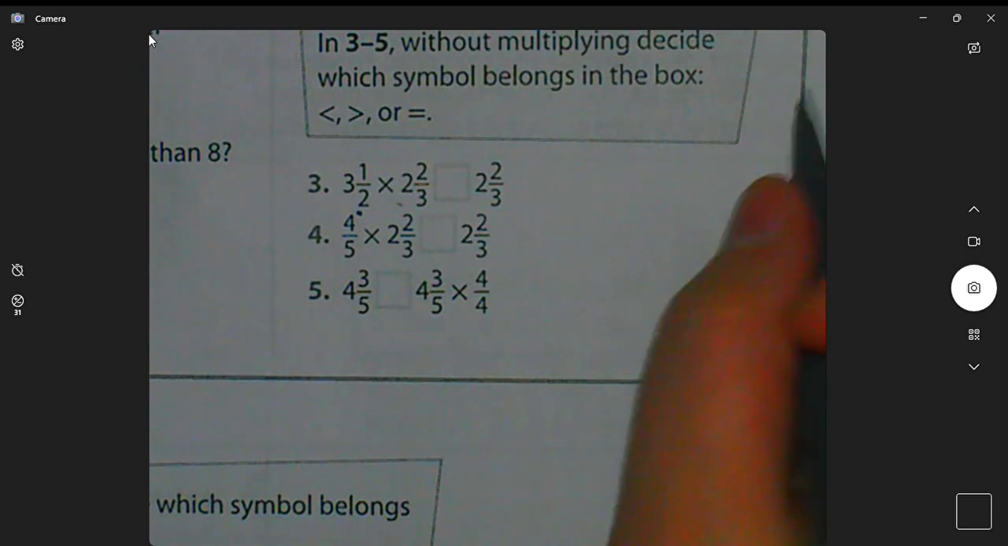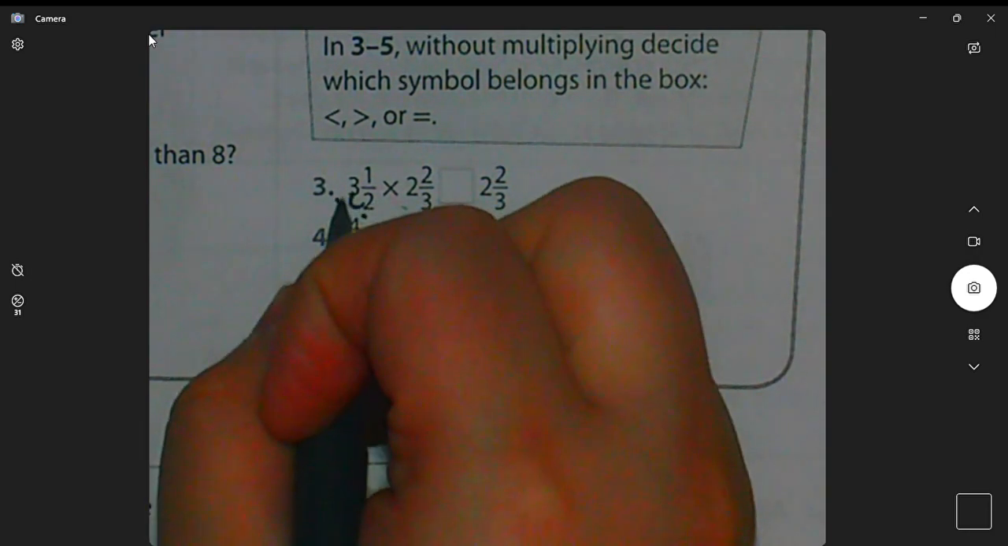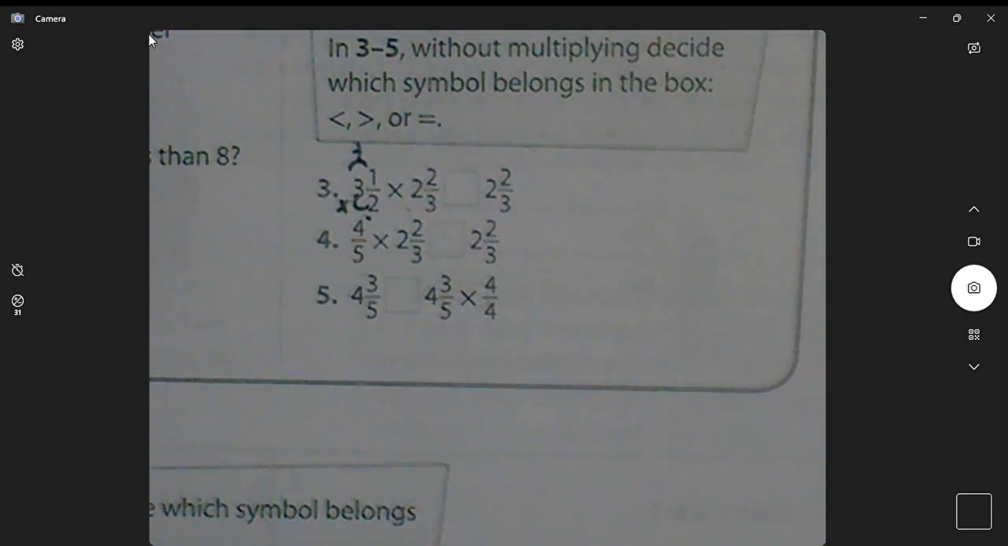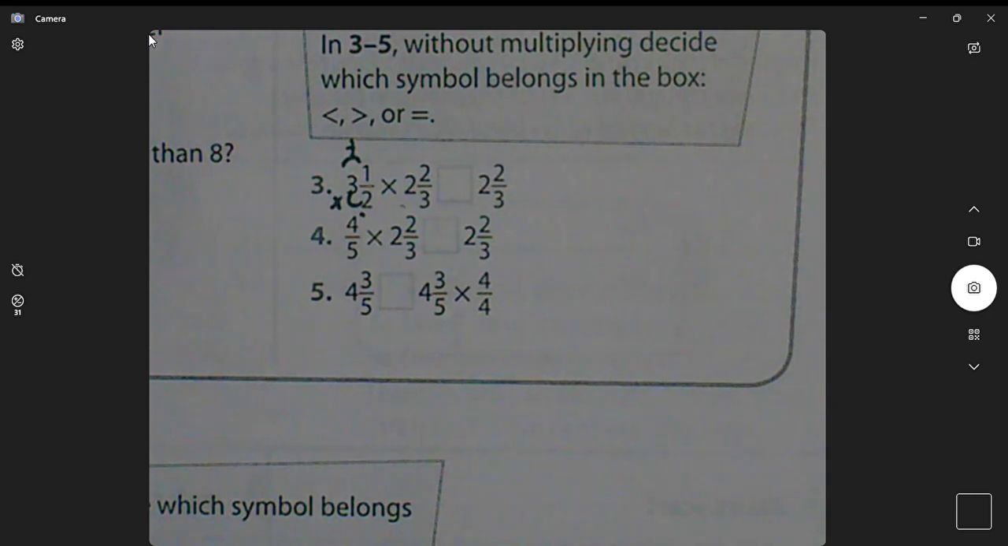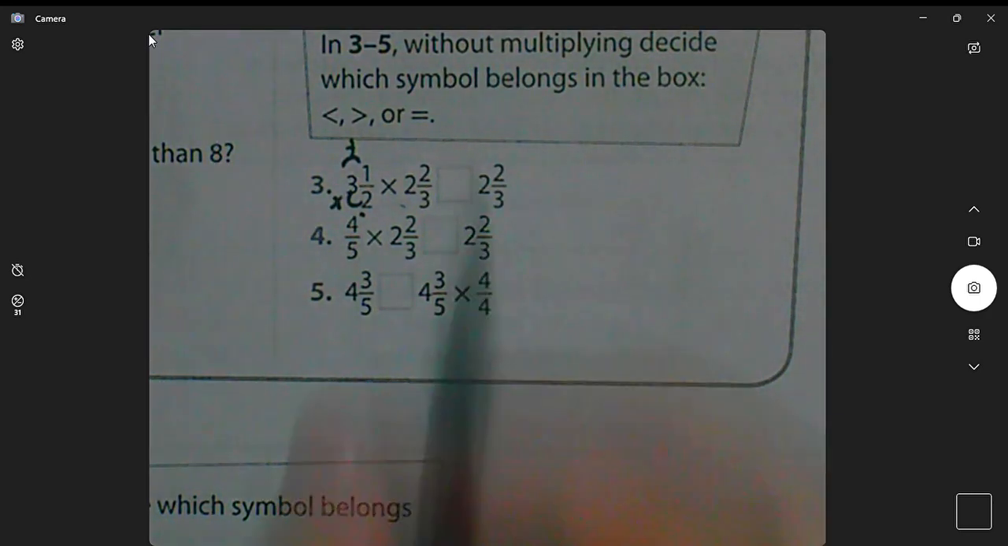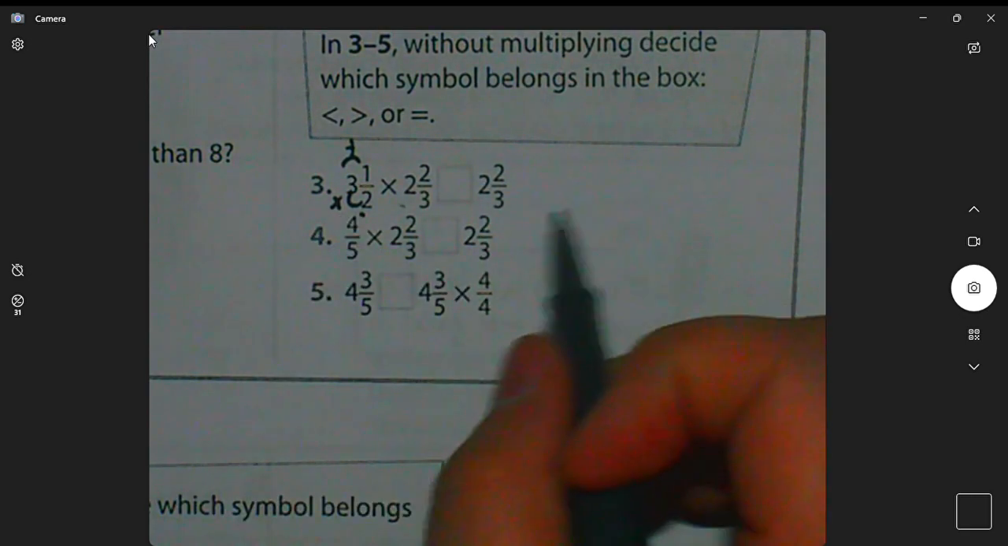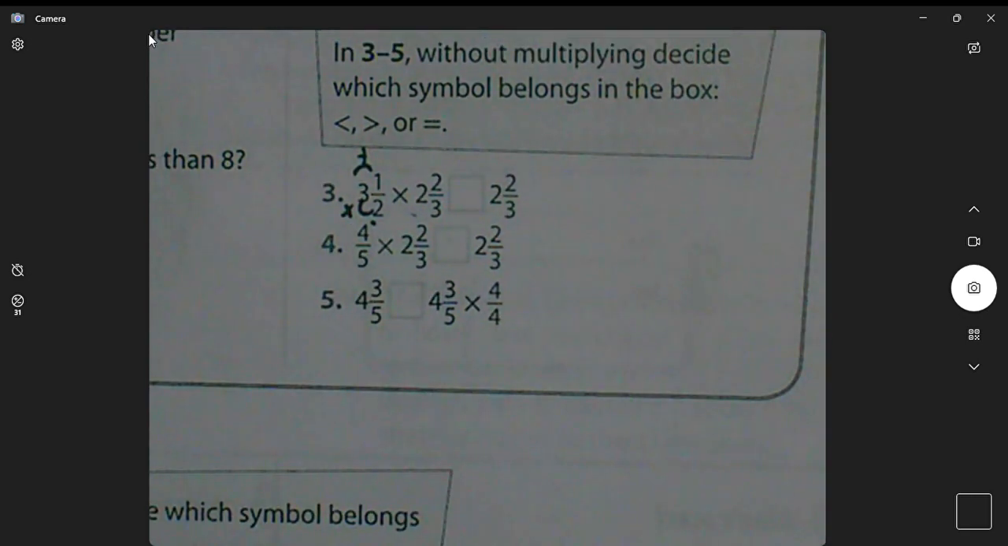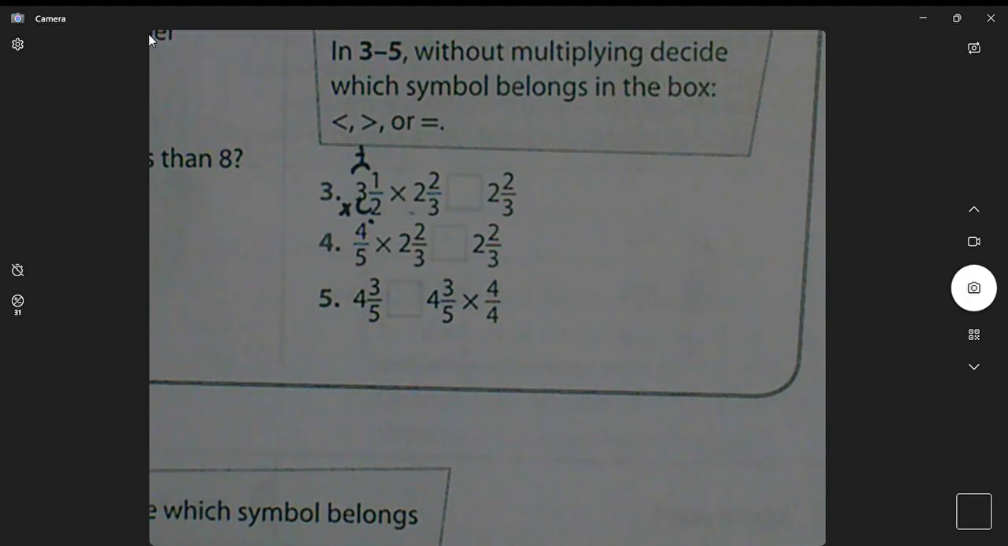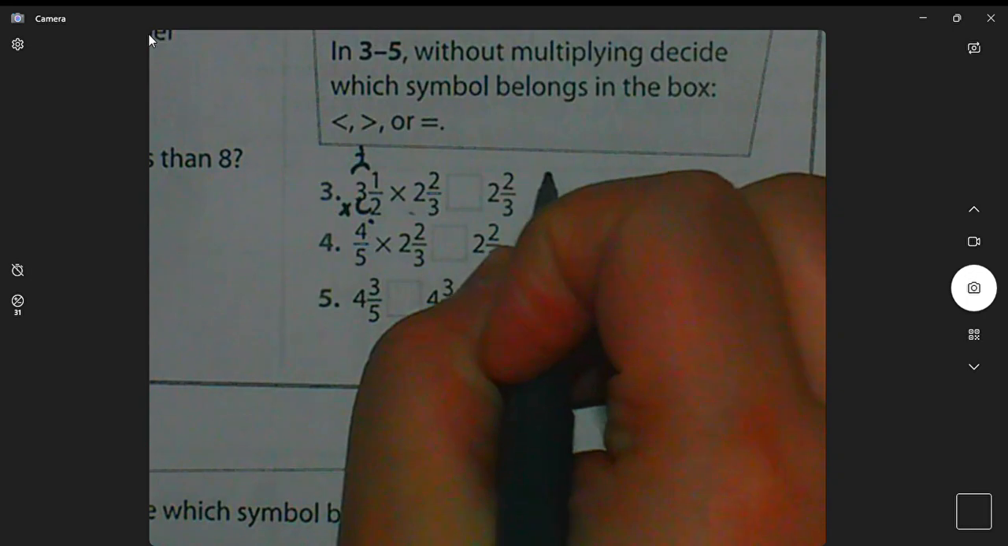So I'm going to come over to the side and I'm going to say 3 1/2. I have to multiply, then add, because that is how I know how to change a mixed number back into a workable fraction. 3 times 2 is 6, plus 1 is 7. 7/2